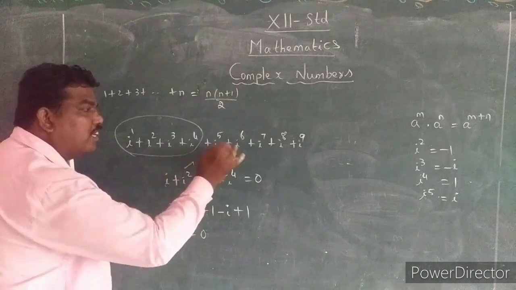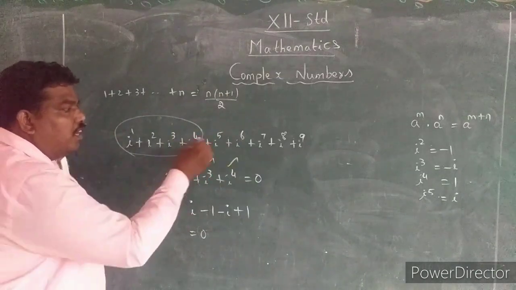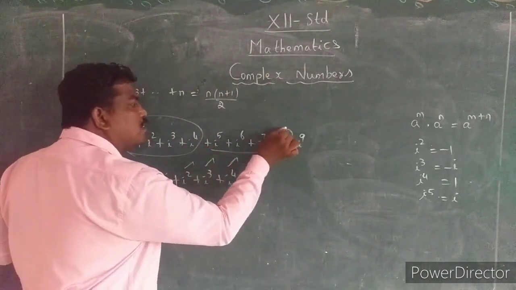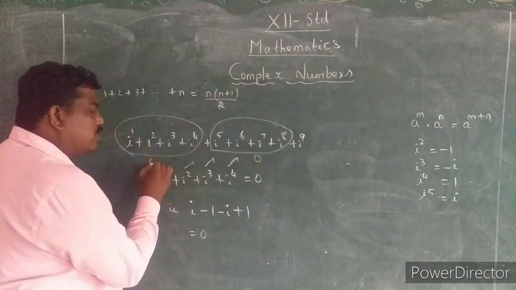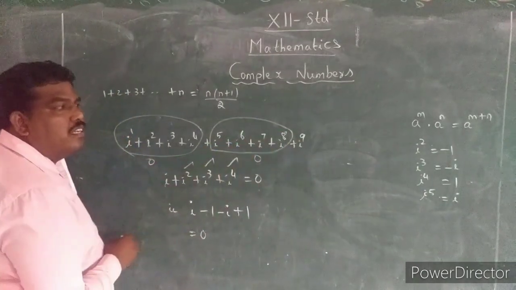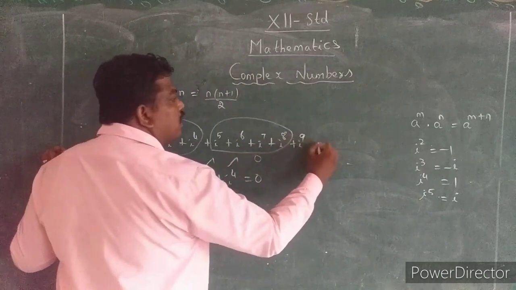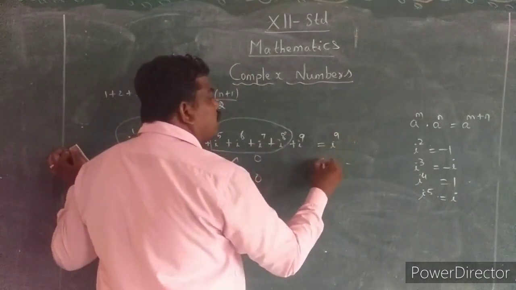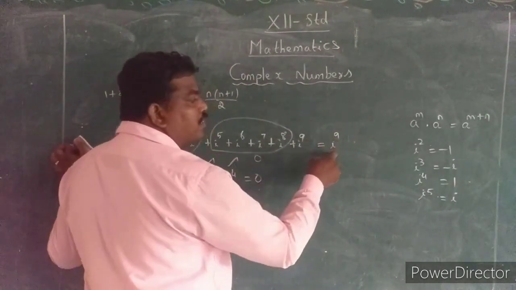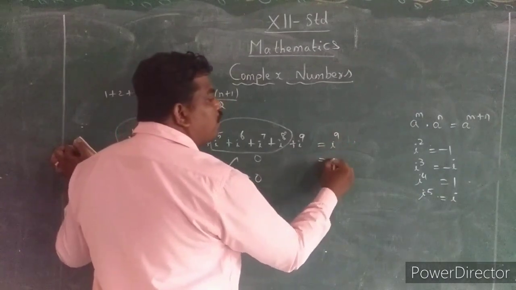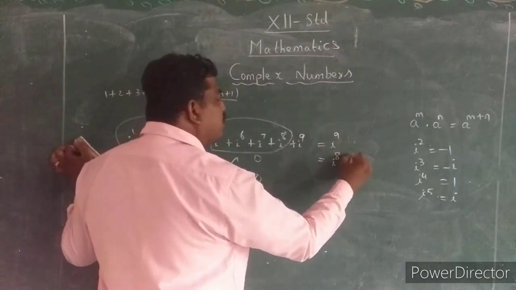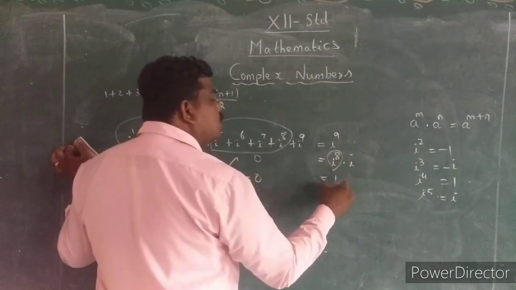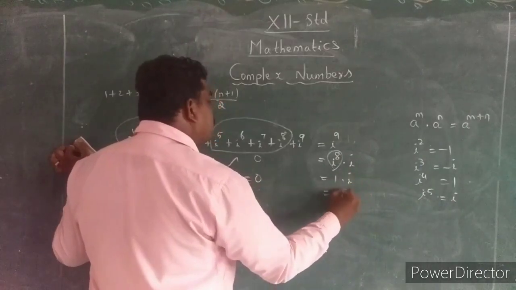4 power varisaiyaaga irundhaanu solluvaanga. Appo i power 5, i power 6, i power 7, i power 8, idhukku answer ennadhu, 0 dhaan. Balance enna irukku, i power 9. So simply the answer is i power 9. So again you have to simplify this one. i power 9, multiples of 4 aa, i power 8 into i. For this one answer is 1 into i, which is equal to i.